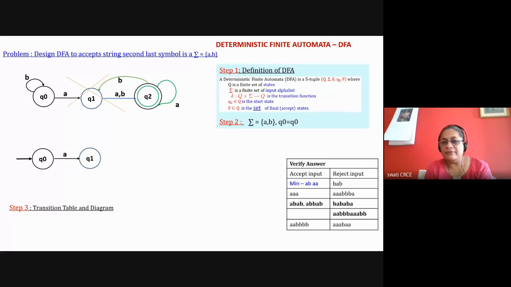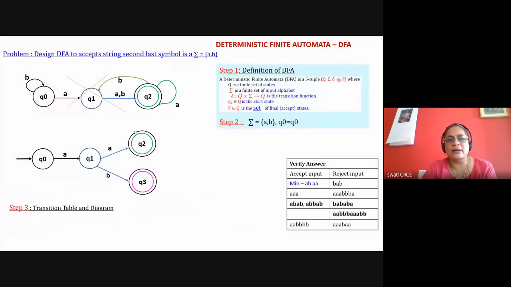Any doubt in the previous states? Okay, two final states. Already I've got the answer. Chris and Lyndon are saying, and Sahana is also saying, there are two final states we can have. Okay, so with A it will go to Q2, with B it will go to Q3. And now I'll try to draw the diagram. So revisit your states. Go to Q0. With B it will be the loop.